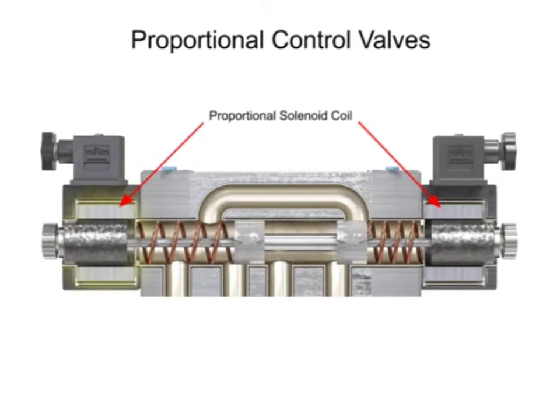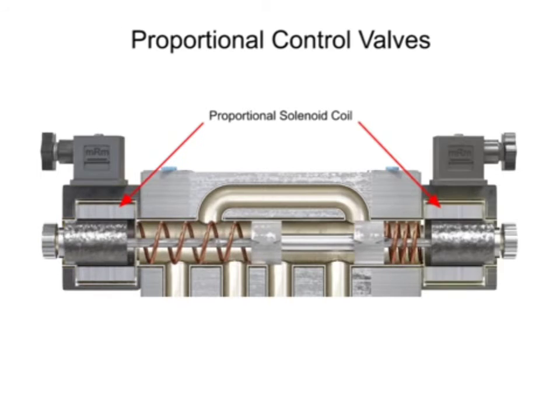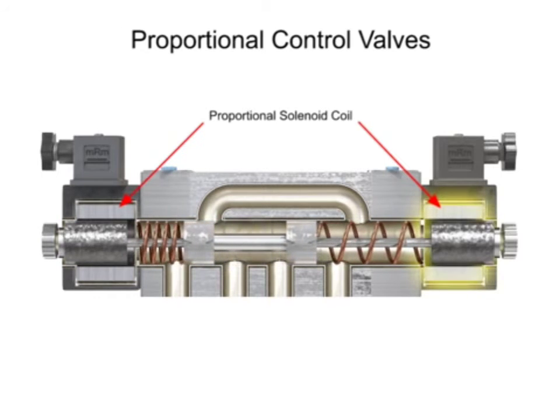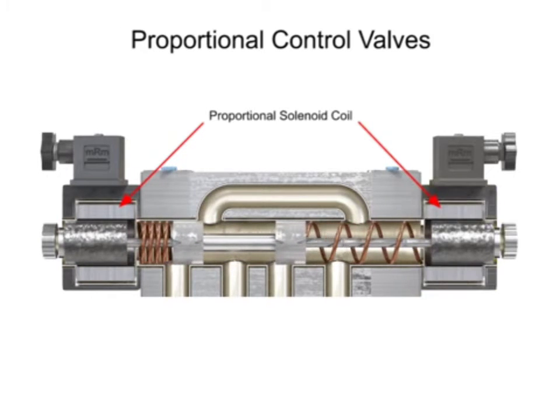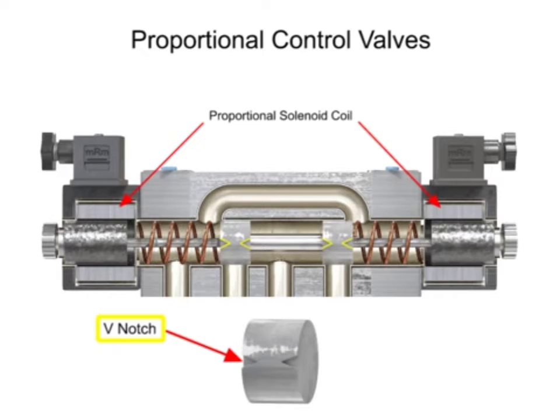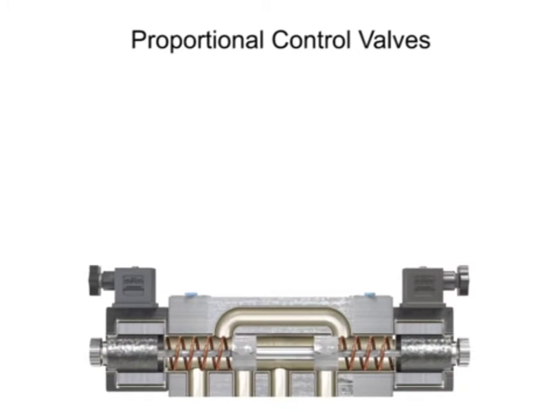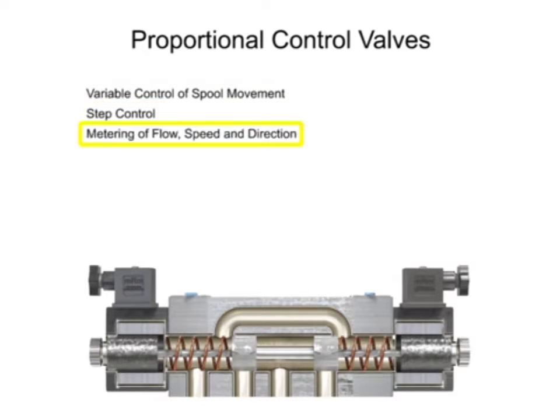As the internal valve spool changes position, new flow areas open up gradually and continue to open wider during full spool travel. To eliminate flow lag from spool overlap, most manufacturers cut V-notches that allow some flow to pass as soon as the spool moves. Proportional control valves allow for variable control of spool movement, which allows more step control and metering of flow, speed,